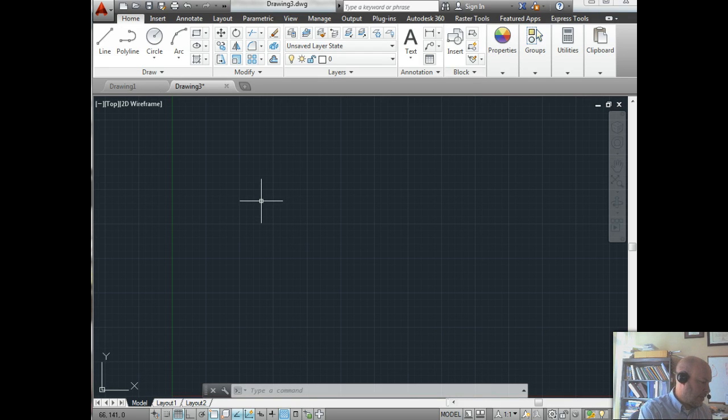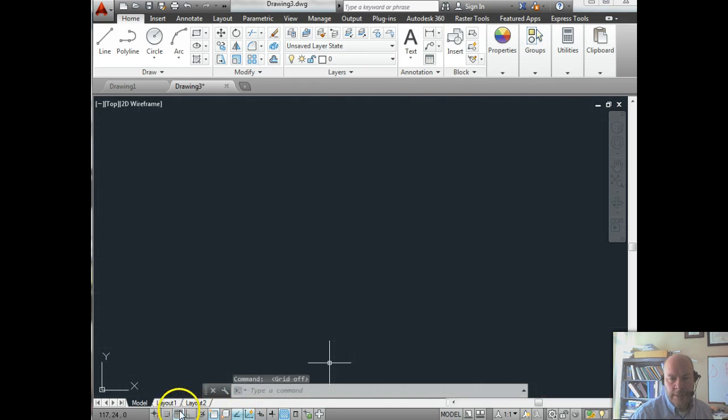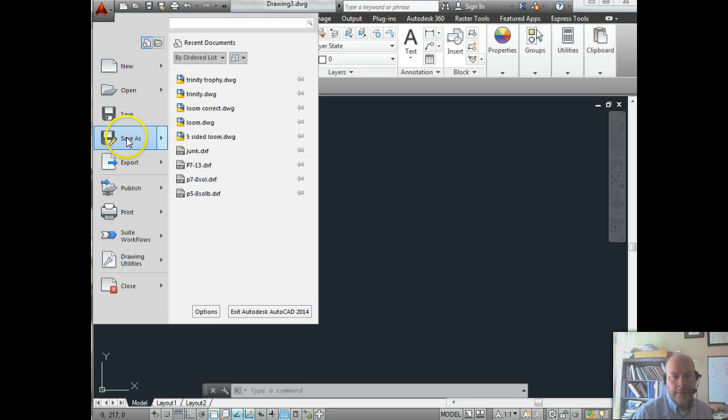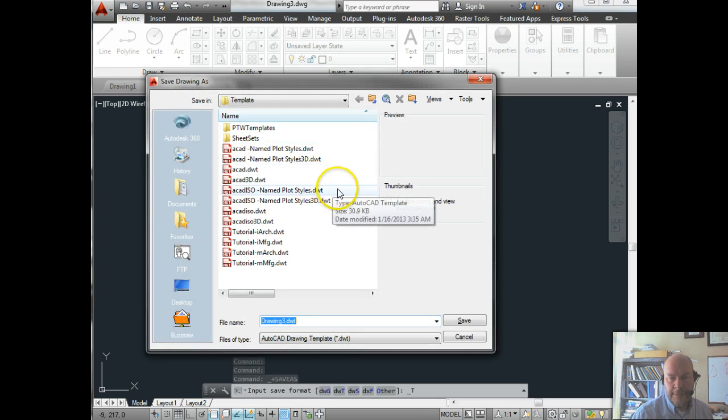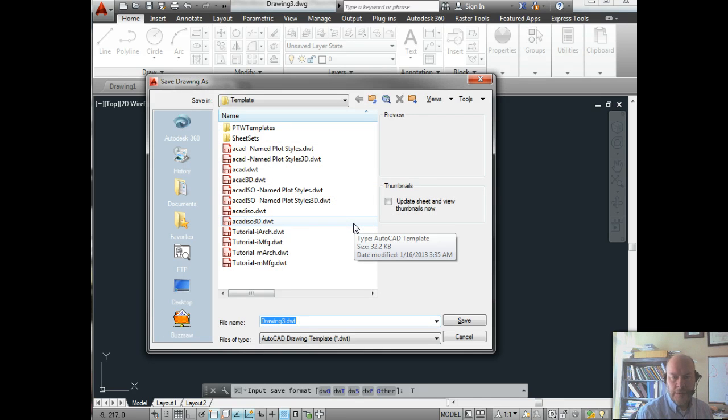The other thing we basically need to do is save it as a template. We'll turn off our grid, and many times it's distracting, and so we do under here, file, and then save as a drawing template, and this can be used in the future. And then you want to save it in a place where you can find it. If you're using your own computer, you can also save it to your template directory. This is a default template, so we can say this is set